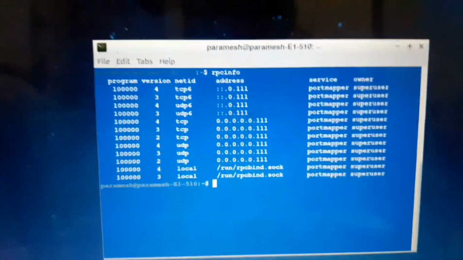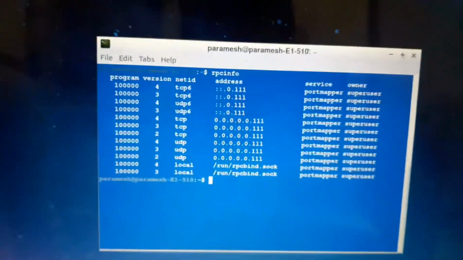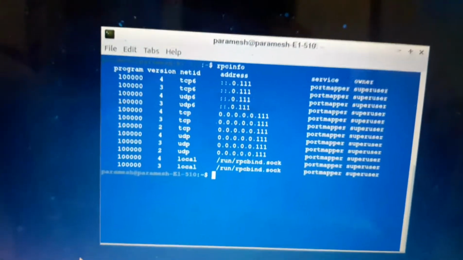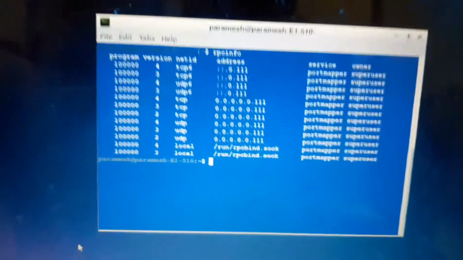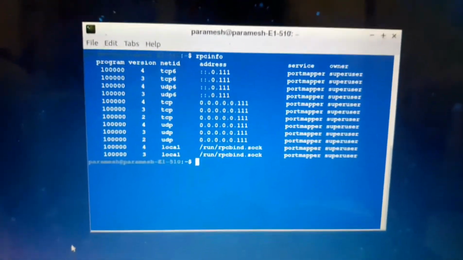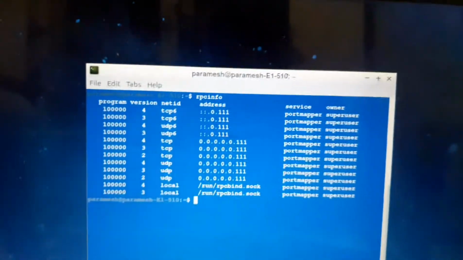Now RPC means remote procedure call. Remote procedure call means some execution will be done by the client side and some execution will be taken under the process of the server. For that, it will have some flow which is known as RPC flow.